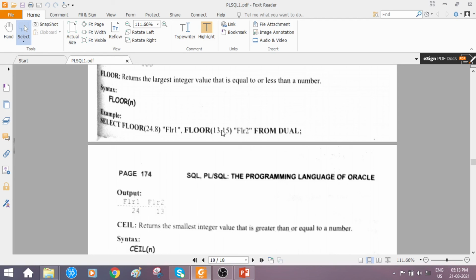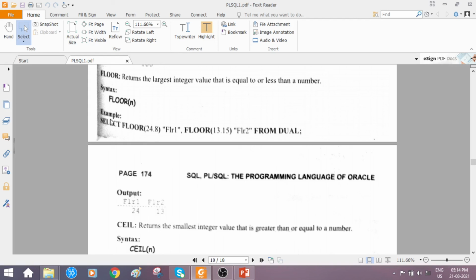If you are applying the floor function to a decimal number, even if it has one decimal place or more than one decimal place, the largest integer value will be considered to be what? 13 only. So this is what happens with the floor function. Okay, so the syntax is floor followed by the n value, and the floor and ceil functions are applied to decimal numbers, right?